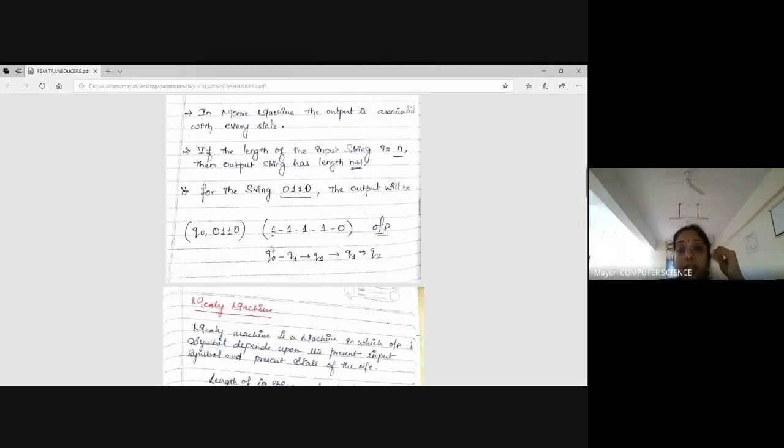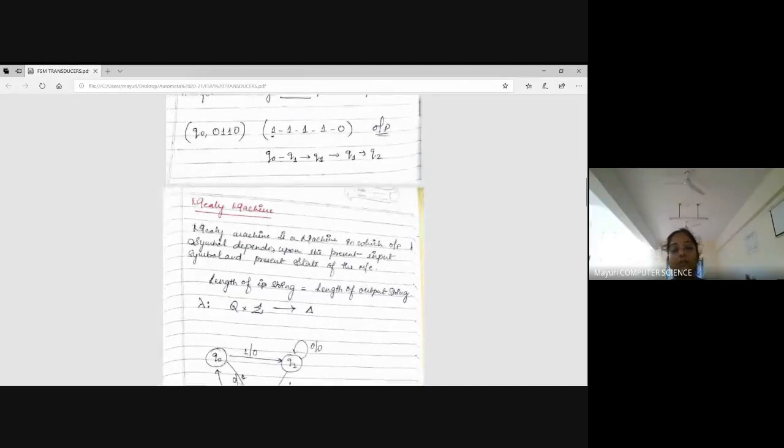Any doubts in this place? No, ma'am. Okay. So you understood, I think you come to know at least a little bit about what a Moore machine is. In a Moore machine, you have transitions over the input symbols, but before that, every state is associated with an output. So please keep in mind, every state is associated with an output, that is a Moore machine. On the transitions, you have only input symbols.